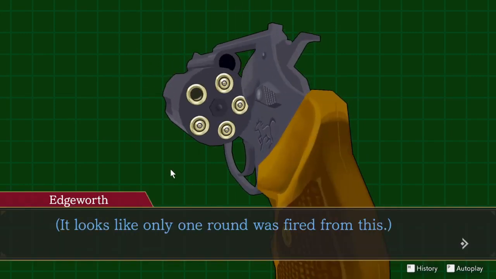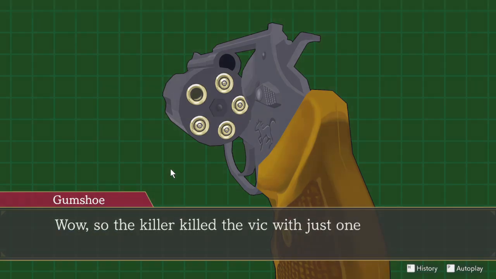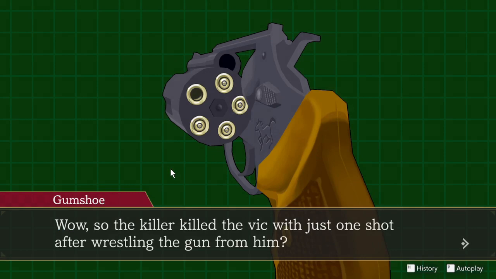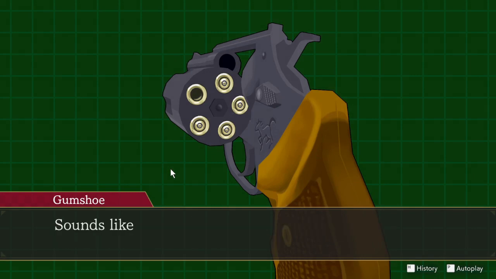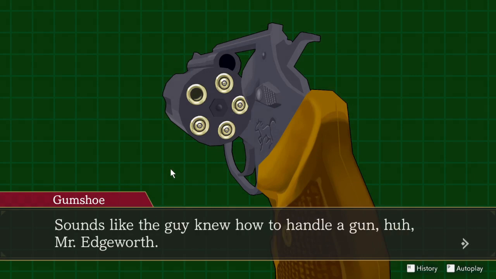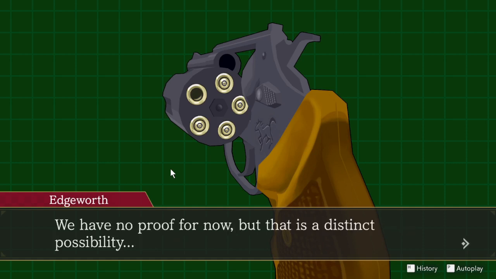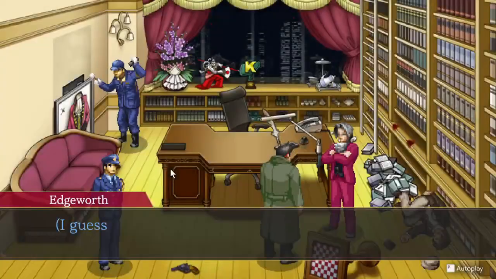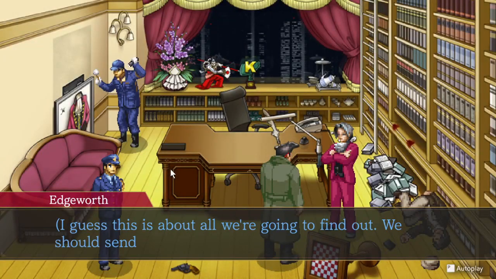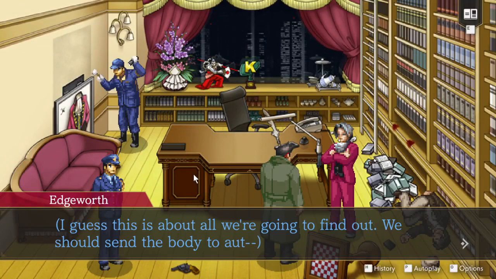Oh, yeah, there's one missing. Looks like one was fired from this. Wow, so the killer killed the victim with just one shot after taking the gun from him? Sounds like the guy knew how to handle a gun, huh, Mr. Edgeworth? We have no proof for now, but that is a distinct possibility. I guess this is about all we're going to find out. We should send the body out and,